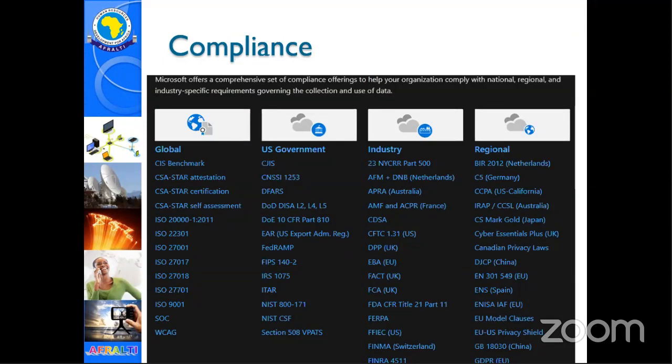I'm not sure about them, but let's just use this as an example. Let's say the first one under industry. Maybe that is one of the requirements that an organization needs to meet as an institution. Then by going to Microsoft Cloud, they are assured that that requirement is met.